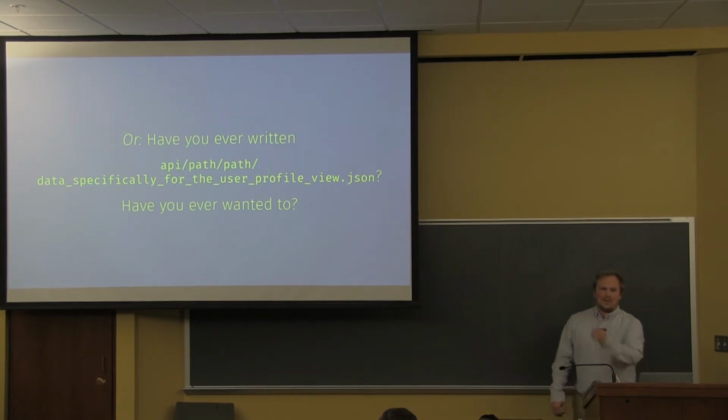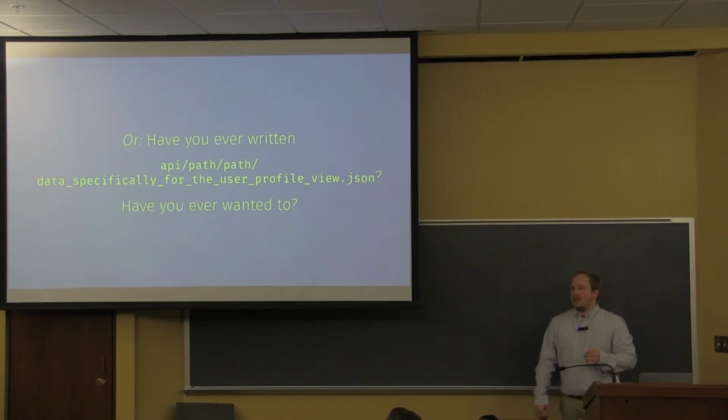Or this one's one of my favorites because no matter how hard I try to make sure that we don't do these kinds of things, I frequently find that you end up in applications where in REST APIs you've written one amazingly specific endpoint that is specifically providing exactly the data that one view needs. And I don't want to necessarily say that that's a bad practice, but I do feel like it couples your client work with your server work, because if the clients need slightly different data, they're going to have to ping the server team,